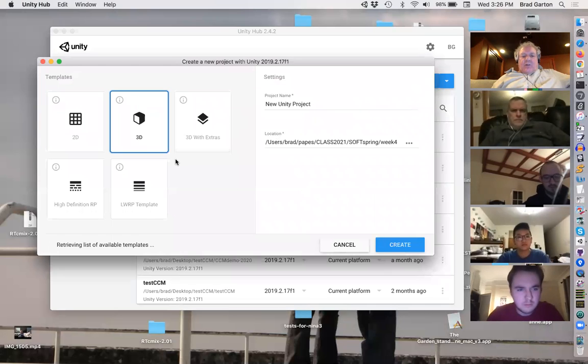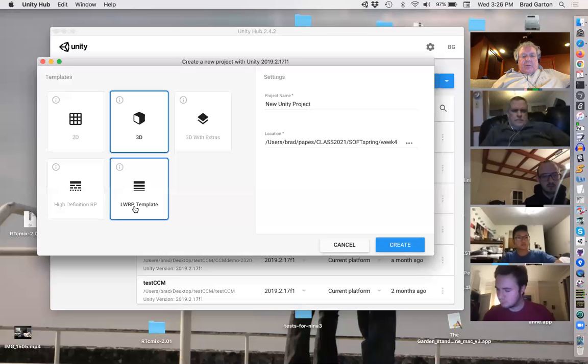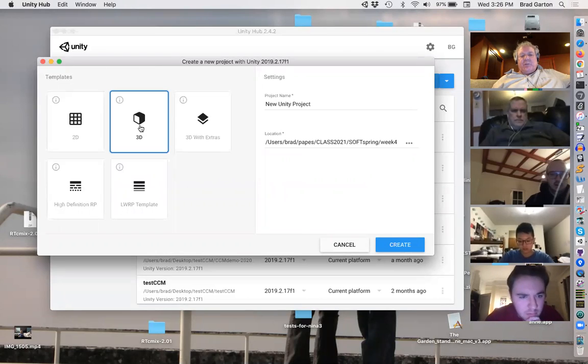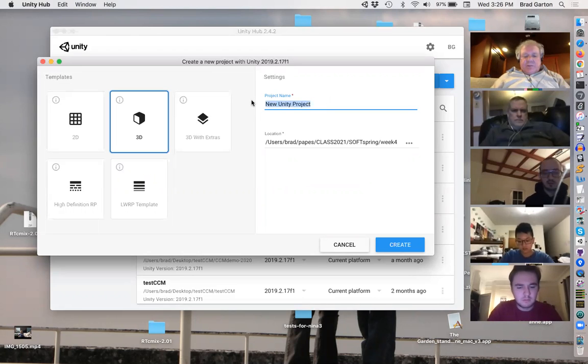And all these new demos say to use this LWRP template. I don't know that much about it, so I usually don't. I'm just going to go with a plain old 3D template. Okay. And we're going to call this